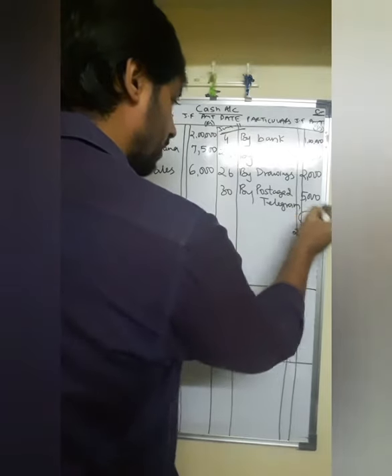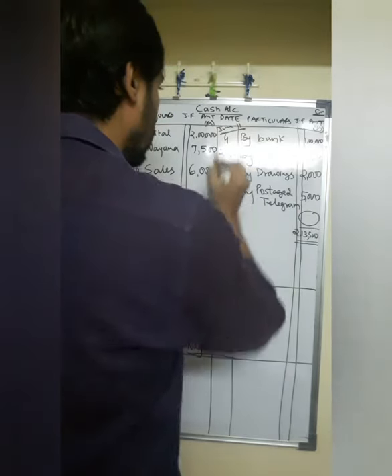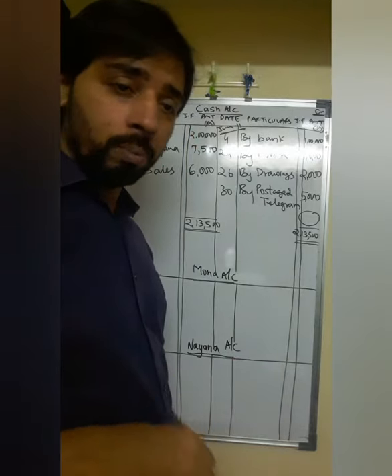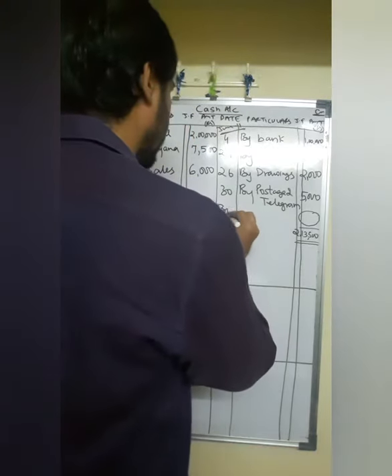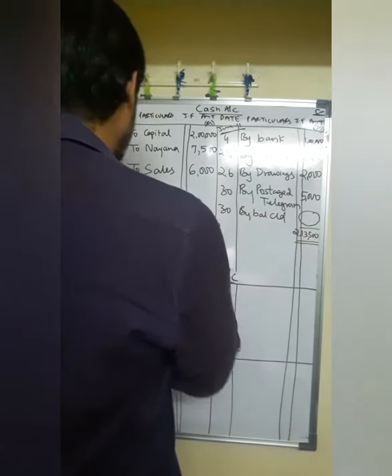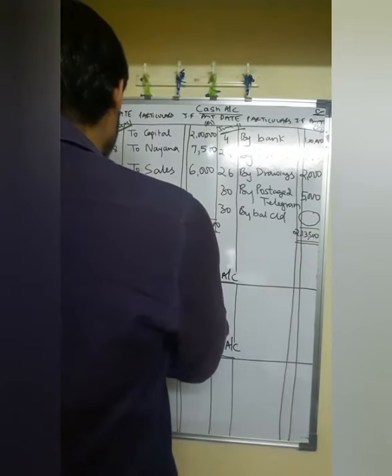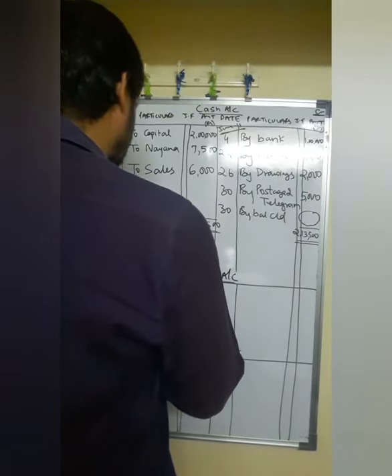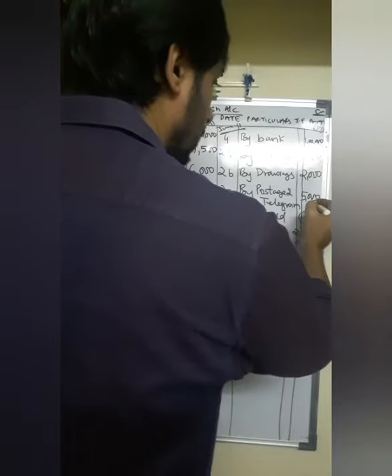You have to highlight the difference. You have to circle it. Balancing figure. June month. What is the last date of the June month? That is always 30th. So by balance carried down. This closing balance will become next month's opening balance. Next month is July. It will go to the opposite side. To balance brought down. Now you have to total this credit side. You have to minus from the heavy total.